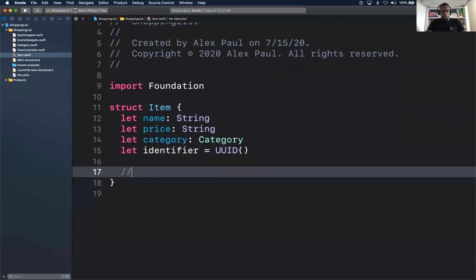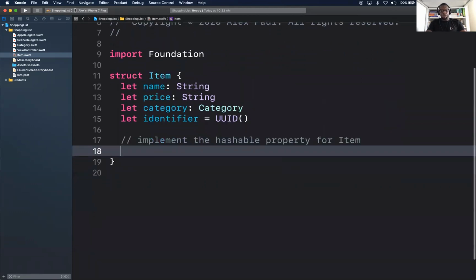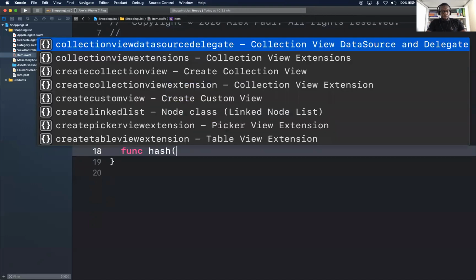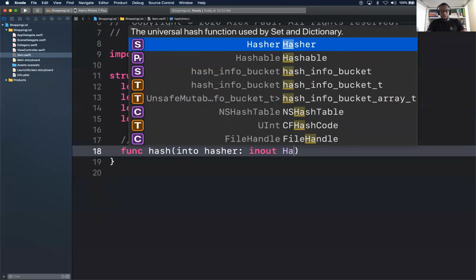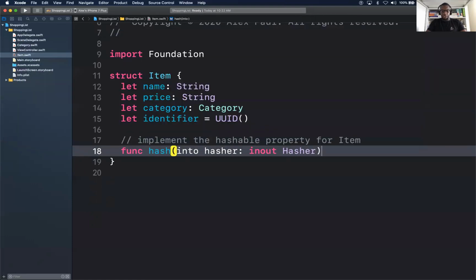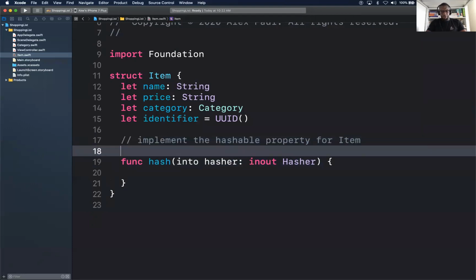And we said we'll also implement the Hashable protocol. Okay. So we'll say func. It's called hash. We'll say into hasher. It's an inout parameter of type Hasher. Here is the hash function. So hasher is the hash